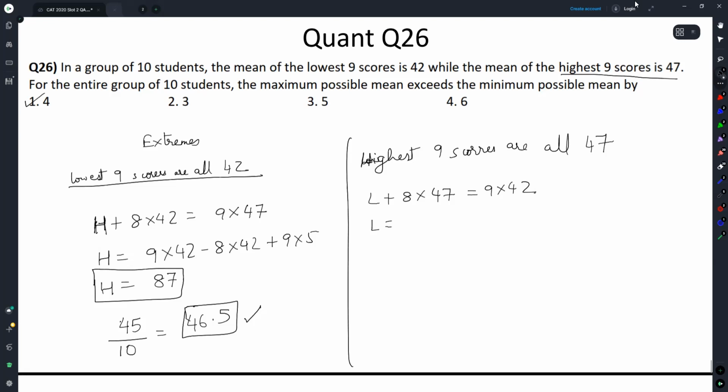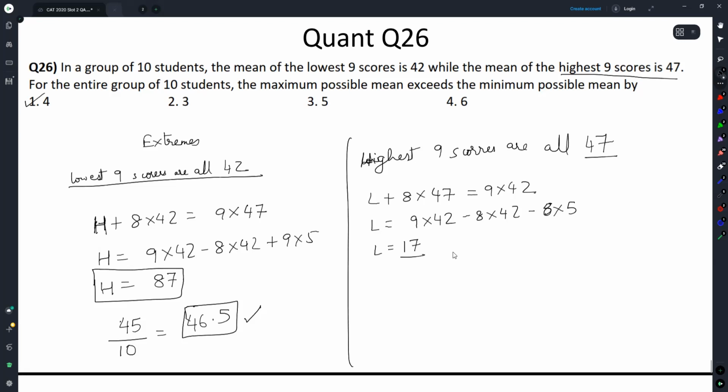So lowest should be equal to 9 into 42 minus 8 into 42 minus 5 into, sorry, minus 8 into 5. Yes. So I get lowest is equal to 17 here. (42 minus 25), lowest is equal to 17 here. So now the new average here will be, this person is bringing with it a deficit of,